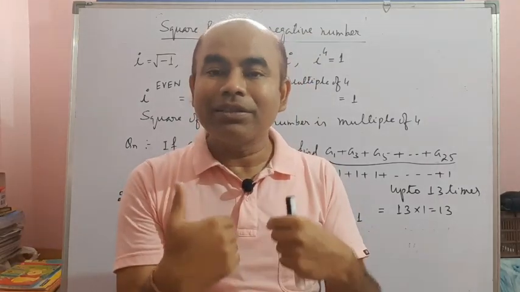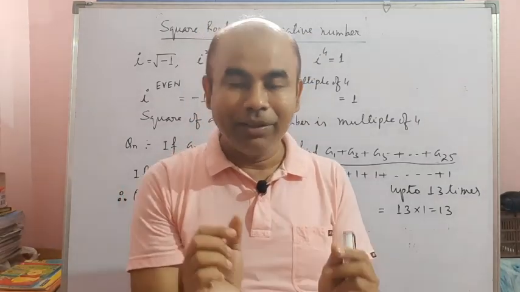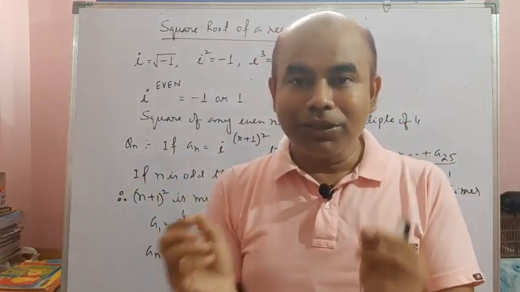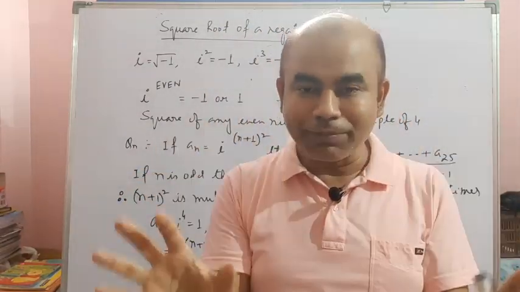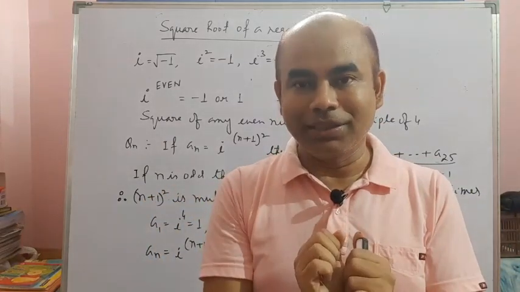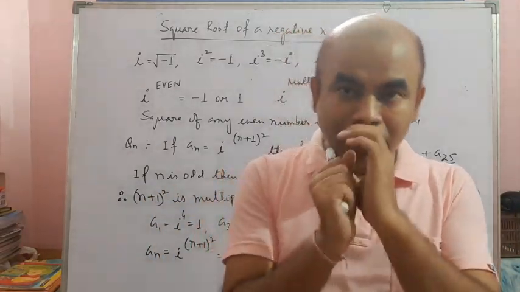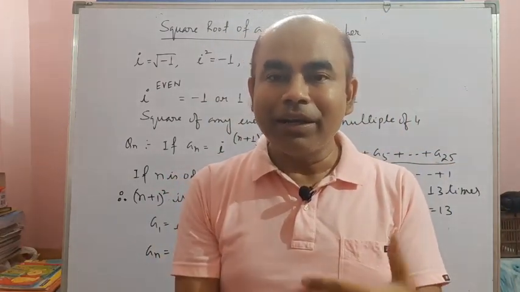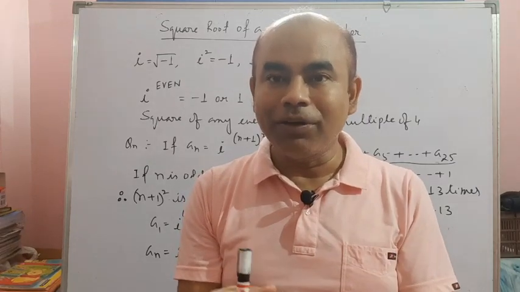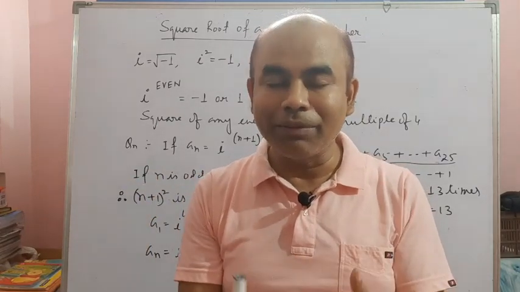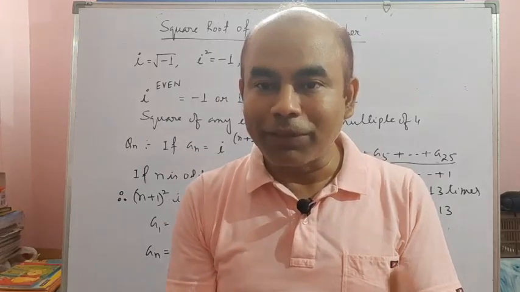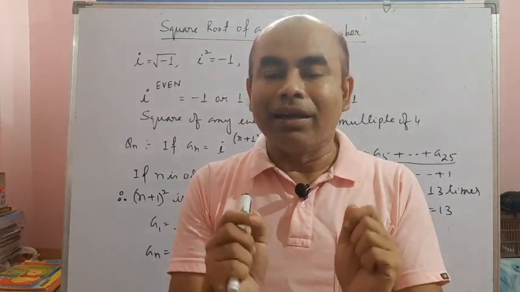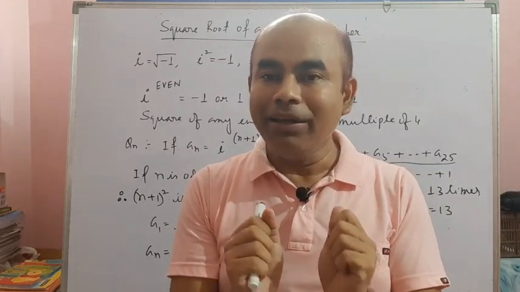Now you can calculate the square root of any negative number. And from i, we have got some results. Based on those results, we solved two examples just to illustrate those two results. So students, this much for today. In our next video, we'll discuss more on the square root of a negative number. When we know how to find the square root of a negative number, what new things we are going to get, I am going to discuss in my next video.